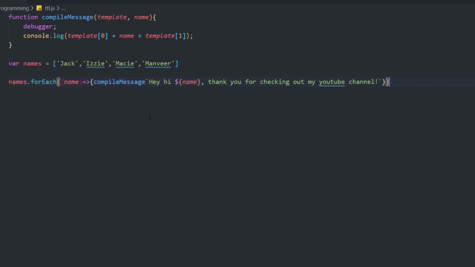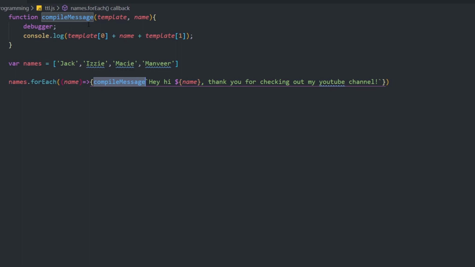Where I see this being used is basically when you have something like error messages. So you have a particular template for an error message, and what's going to vary is basically the thing which is returned by the backend, right? What you can do is take what is sent by the backend and assign it to a variable and then pass it to your function, which would compile that message and then show it off.